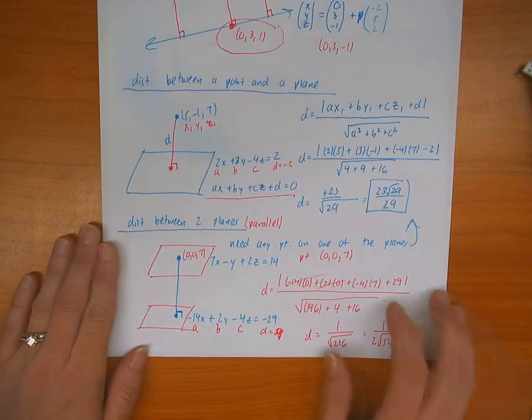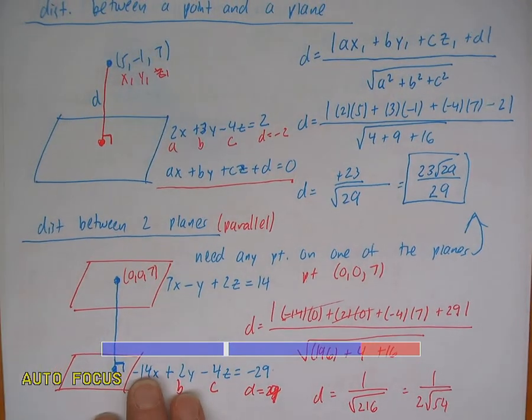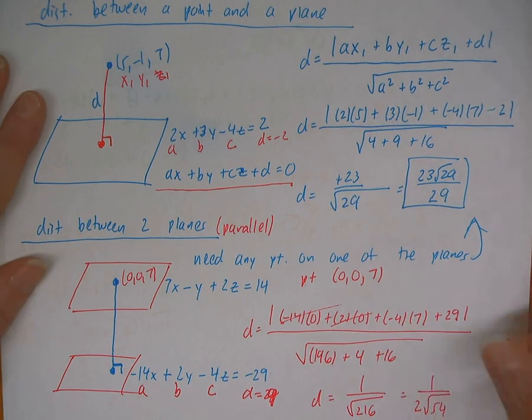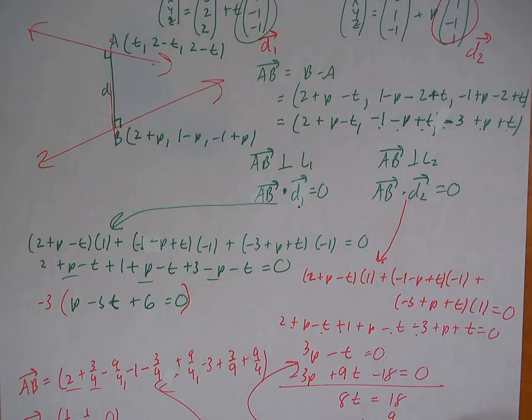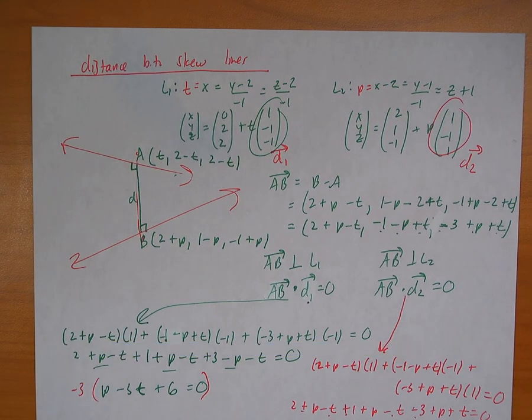Then we moved on to planes. And there's a handy dandy little formula that you'll probably want to memorize for the distance between a point and a plane, and the distance between two parallel planes. And lastly, the distance between two skew lines is this process here. So it's kind of a little bit more of a process than the rest of them, but that is how you can